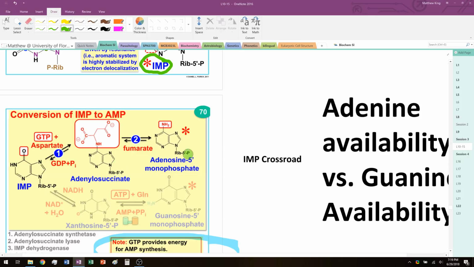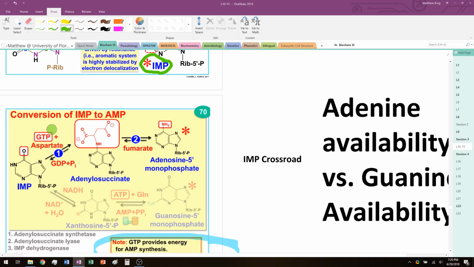Basically, in order to form AMP, your body is only going to do this when there's plenty of G. Now, this is faded out right here because he explains it later. But when you have plenty of G in your body, if your DNA has plenty of G to work with, it's going to say, hey, let's just make some A instead because I have plenty of G. Because A is base paired with T, G is base paired with C. So in this case, it's just going to take IMP, and it's going to use GTP, because making the base of A in DNA uses